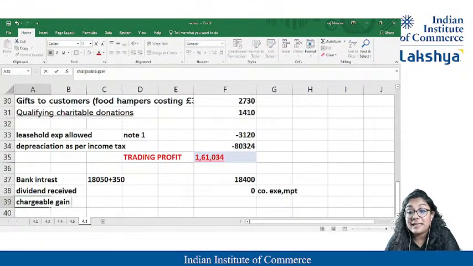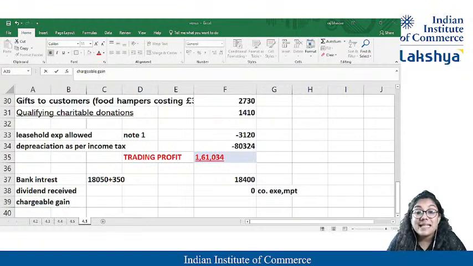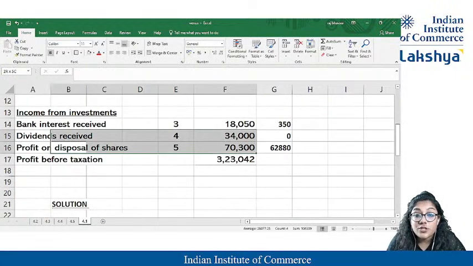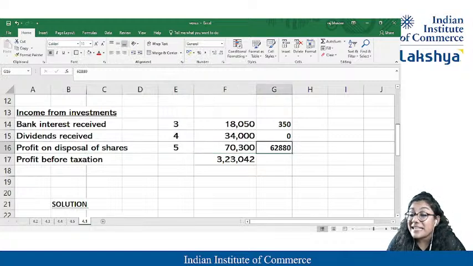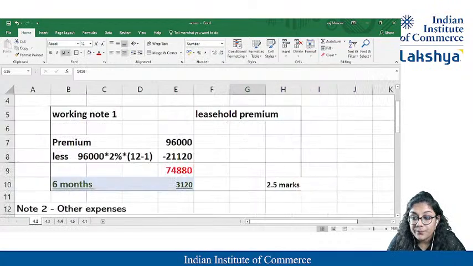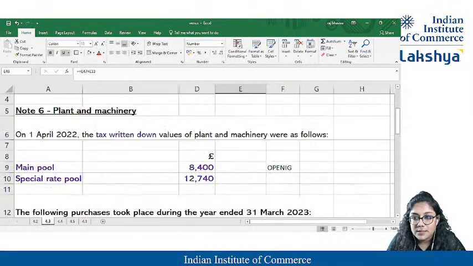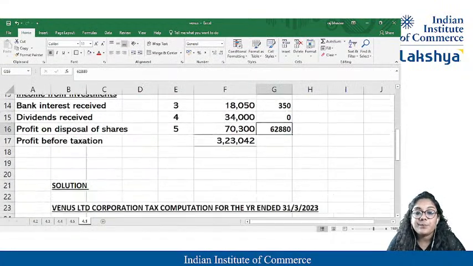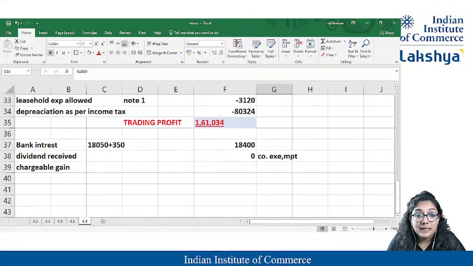Ma'am, chargeable gain. That P&L gain you were getting now. Which gains? You remember? Disposal of shares, this fifth one. But after taking indexation, it was only 60,880. Guys, if you want, I can show you. We are not allowed to forget things. After considering that, I was getting a gain of 60,880. So yes, guys, even that is to be added. Clear?